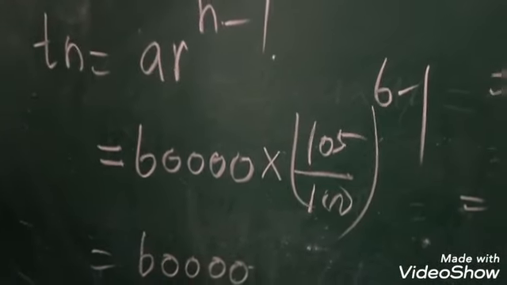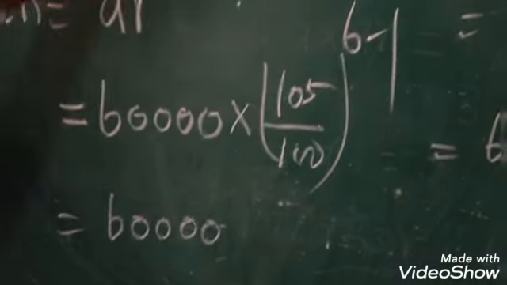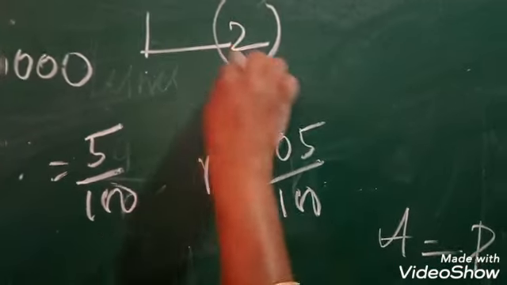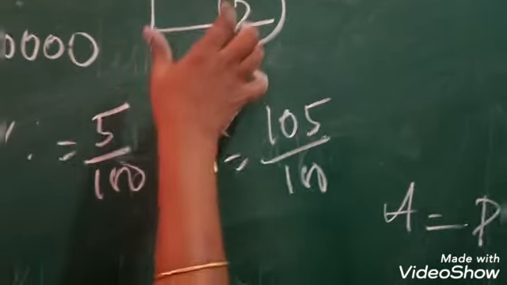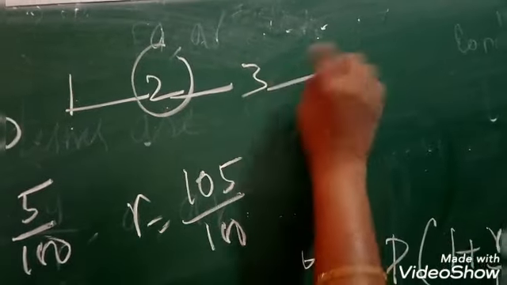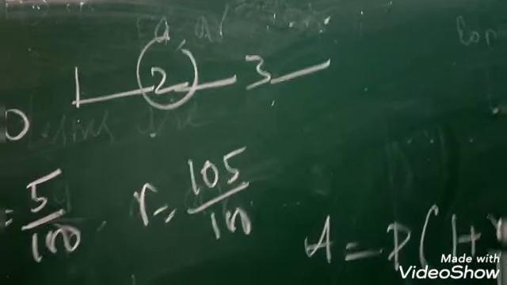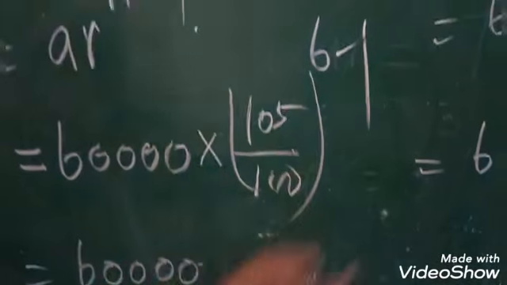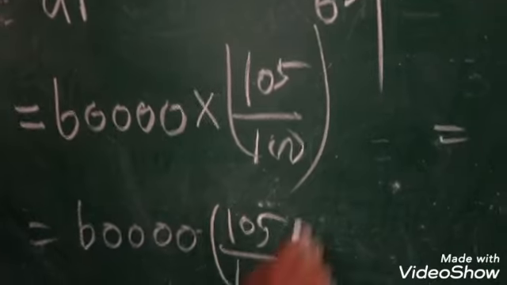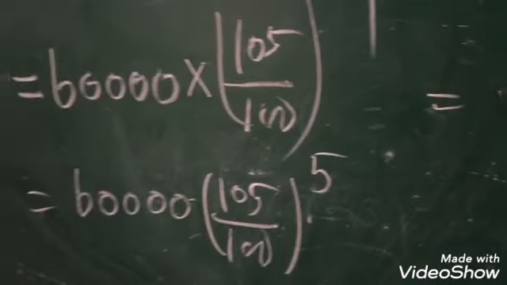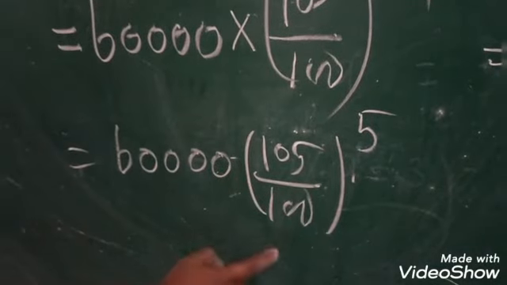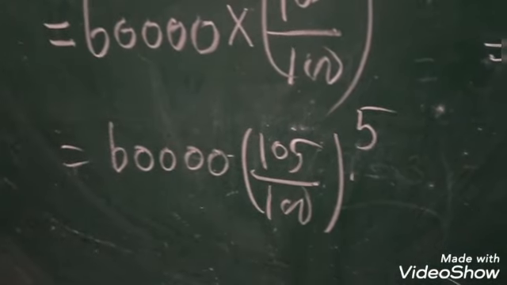And regarding the increment, for a year's increment, it starts from the first year and they give it in the second year. So you consider 1 to 2 as the first duration, which is 1 year. So 2 to 3 is the second year, then 3 to 4. Same like here we are using the formula, 6th year means 5th. 105 divided by 100, given, what should we put as the power? 5. If you simplify you will get the answer girls. The 105 divided by 100 should be repeated 5 times.